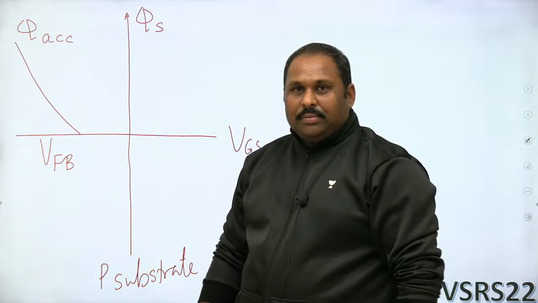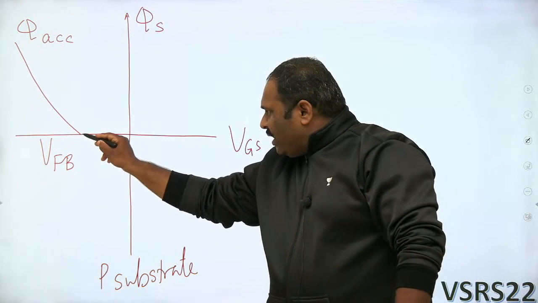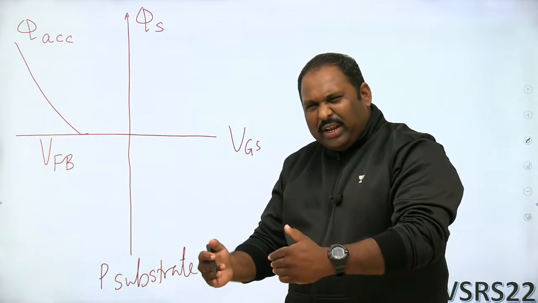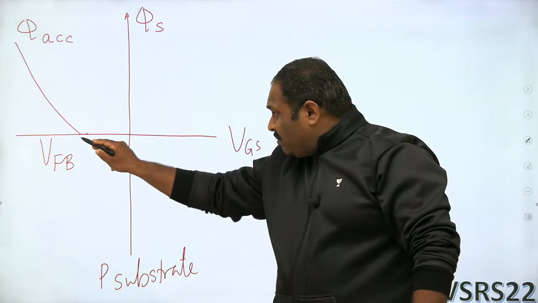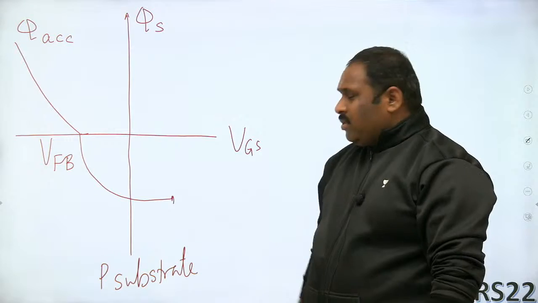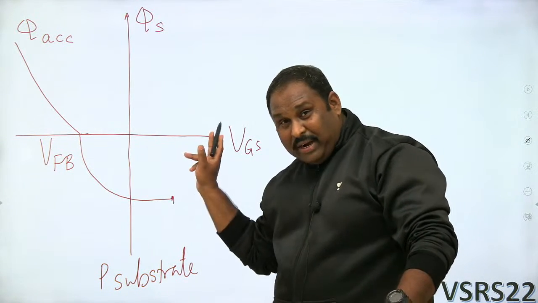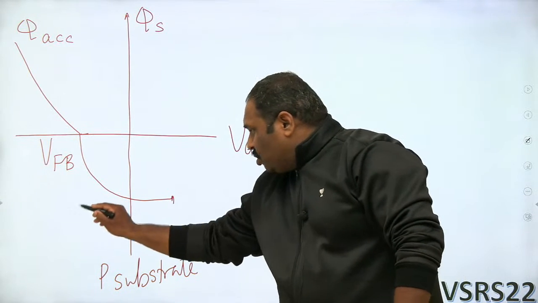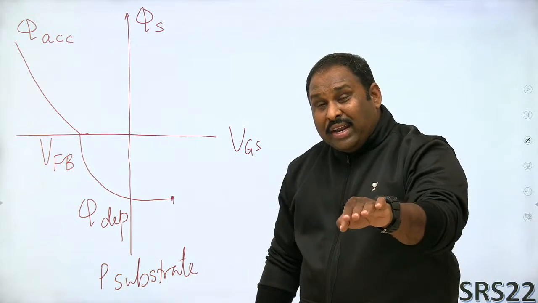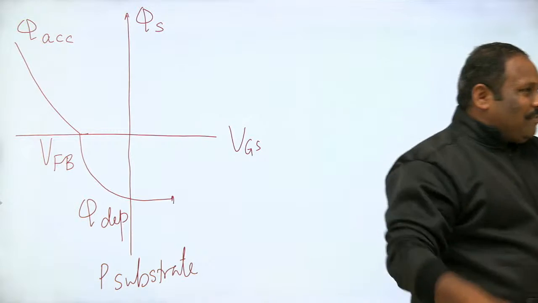Then the depletion starts, and during this depletion you don't find much charge. You don't find any charge. Gradually and gradually, of course, you may find a negative charge coming, but not linearly, but non-linearly. Why non-linearly? Because here the capacitance is voltage dependent. This is Q that is non-linearly developed because of depletion. Q non-linear है क्योंकि voltage पे dependent है capacitance. Y equal to mx ग्राफ नहीं है.